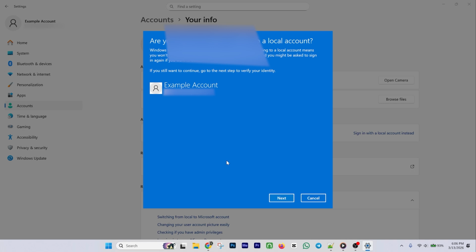To recap, you opened Settings, moved to a local account temporarily, signed back in, and then connected that same profile to the new Microsoft account. It's a safe and straightforward way to replace the account attached to your Windows sign-in without creating a brand new